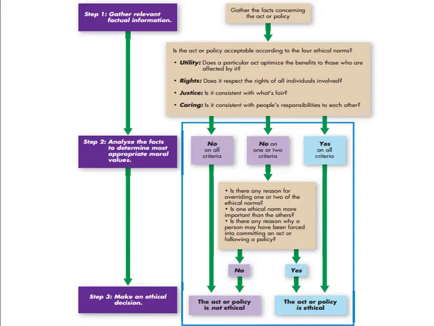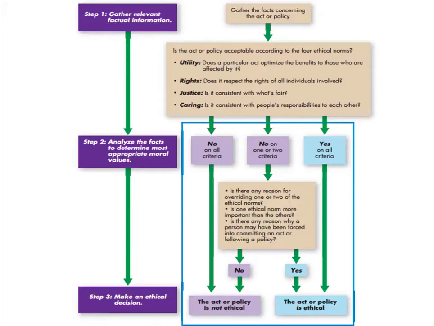With rights, does it respect the rights of all the individuals that are involved? The other norm, justice, ask yourself, is it consistent with what's fair? And then lastly, the 4th norm, caring, is it consistent with people's responsibilities to each other? And then look as we move down through this chart here, answer with each of those, no or yes, and